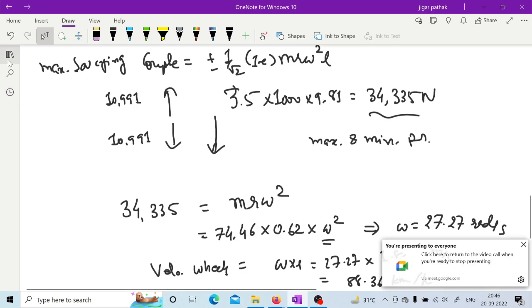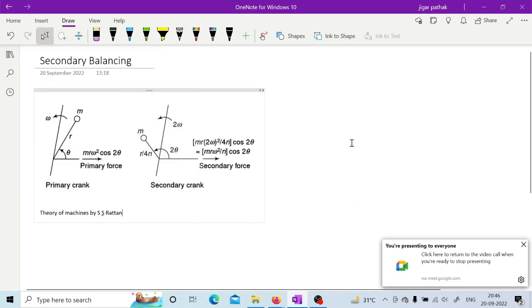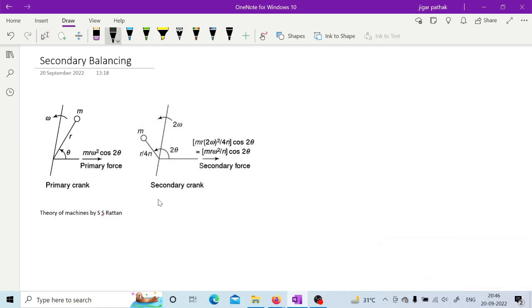So now we will go to the next one, that is secondary balancing. Till now what we have seen is primary balancing, that M R omega square cos theta we were balancing. Now secondary force is M R omega square cos 2 theta by n. In order to balance that, what you are assuming is